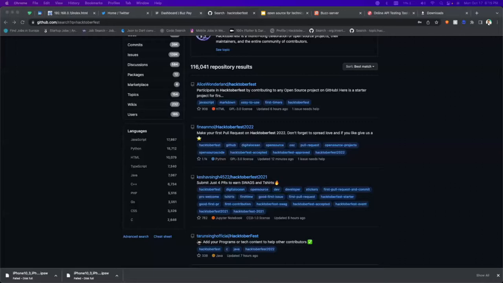First and foremost, we check. You can easily check if there's an issue in the existing repo about what you're about to contribute on. If there's no issue, you can basically create a new issue and assign the issue to yourself. After creating an issue, then